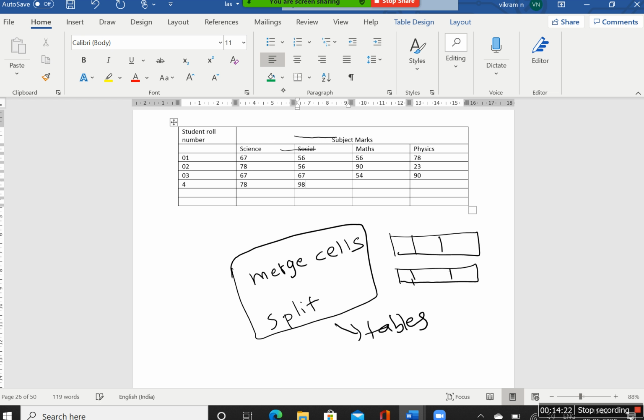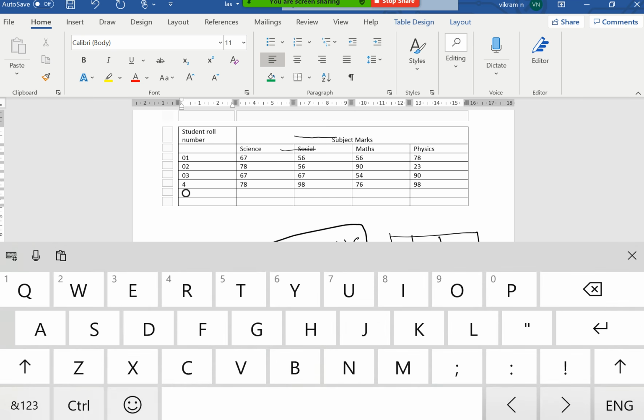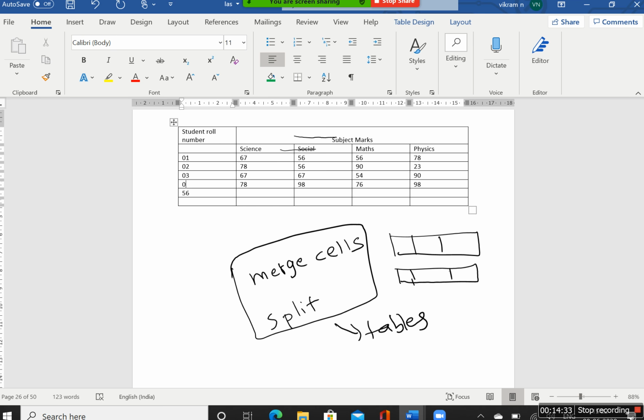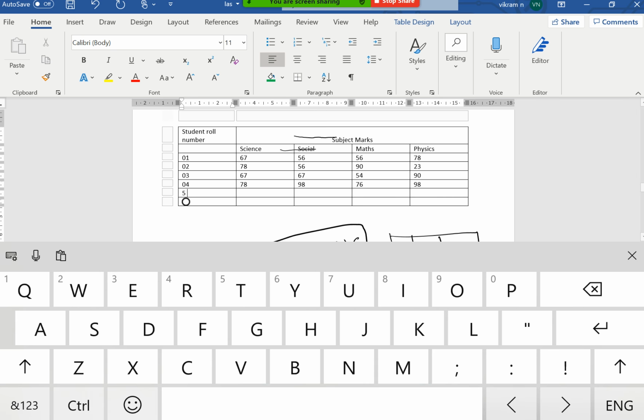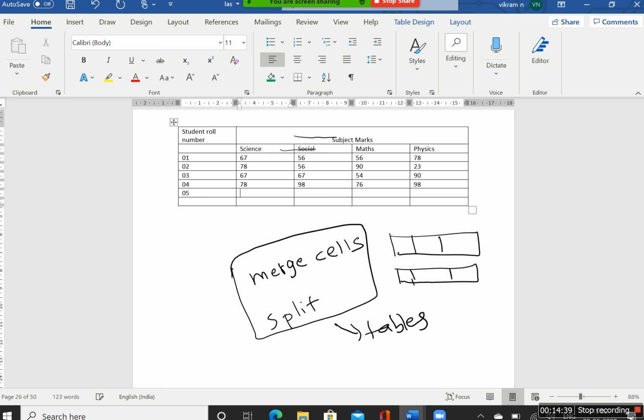For roll number 4, I am just putting the marks. Like this, depending upon your requirement, you can enter the marks, but it looks plain, right?